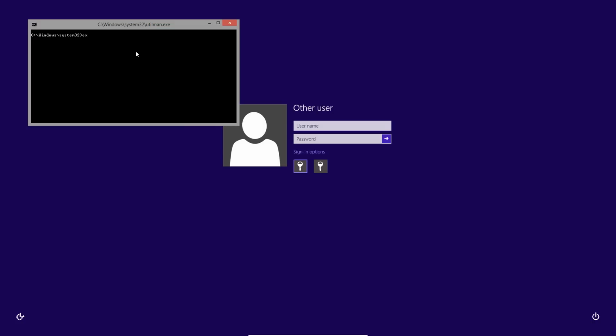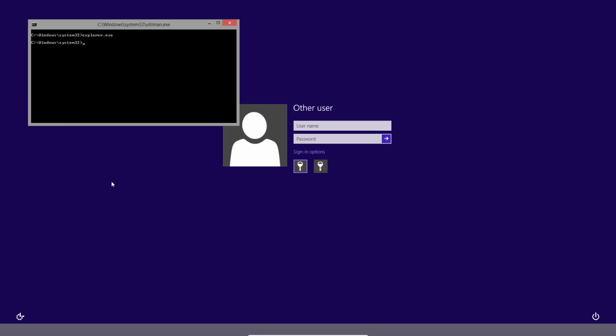And if I run explorer.exe, which is a neat little trick, never tried this on Windows 8, so I'm not sure how it will react. It may screw up. Yeah, okay, it kind of screws up on Windows 8. You can do it on Windows 7, but anyway,